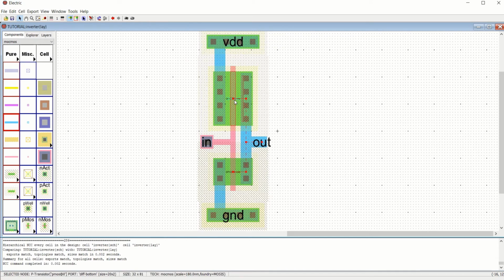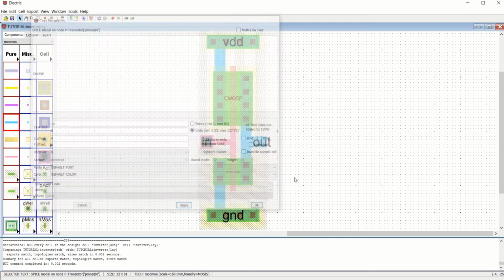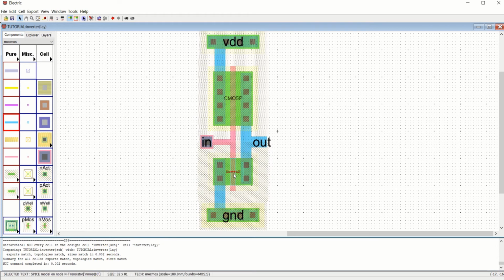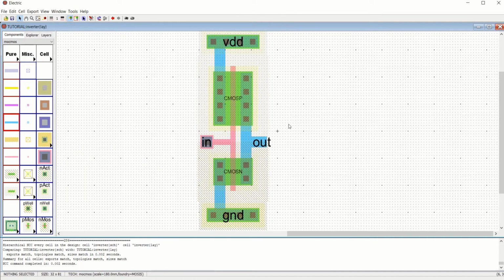So try to select this by using Control I. You can write CMOS P as in the technology file, or the text font is 2, Control I, CMOS N. For visibility you are increasing the font of the text. So okay, now everything is okay.